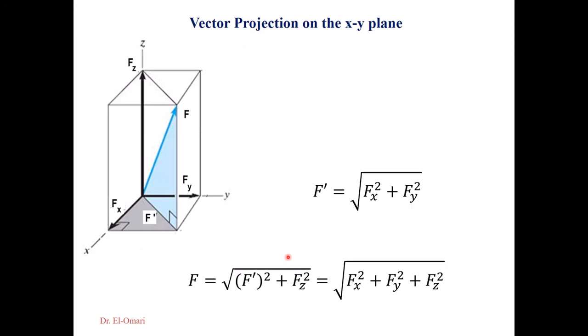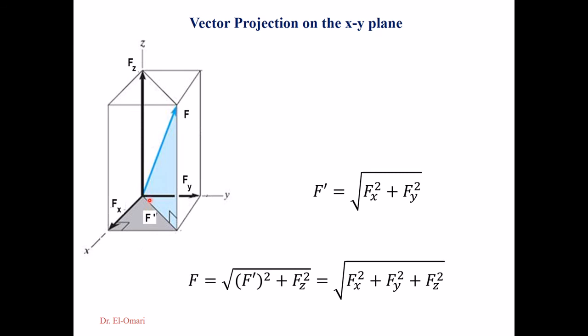The second method is using projection information. So what is that? If you just think of this box that is composed of the force vector and its Fx, Fy, and Fz components. If this force is projected on the xy plane, we give it the F prime. And if you look at these two triangles, the dark blue and the light blue triangle, this dark blue